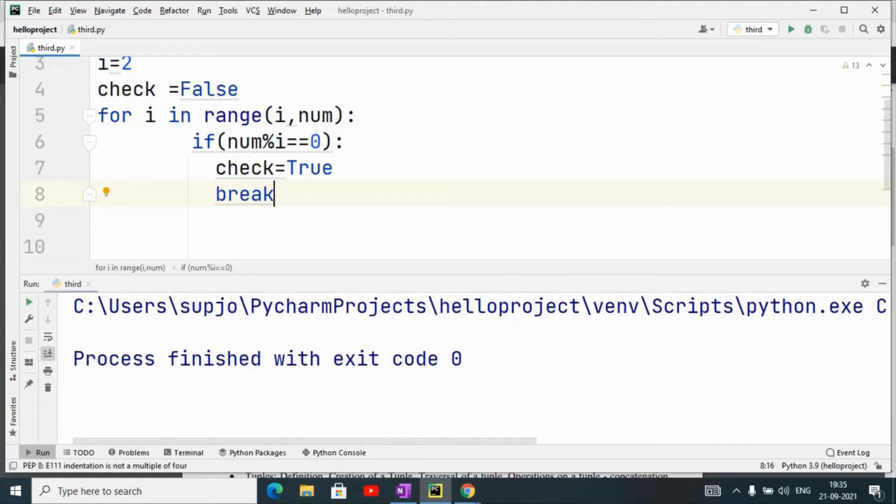So I have to check each value of i from 2 to less than num, because in range, num is excluded.